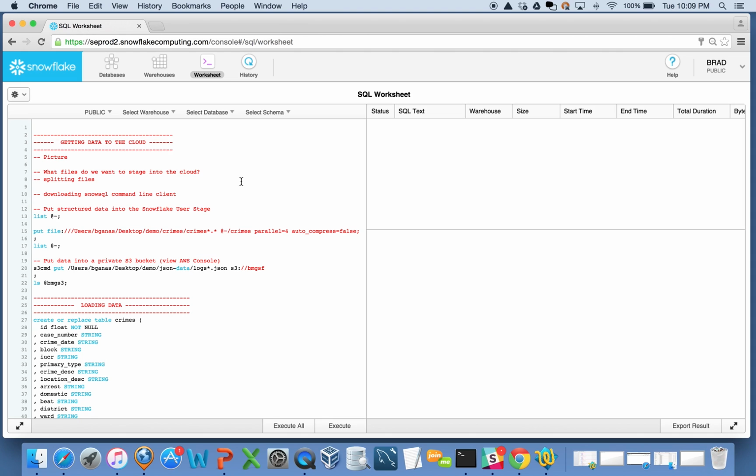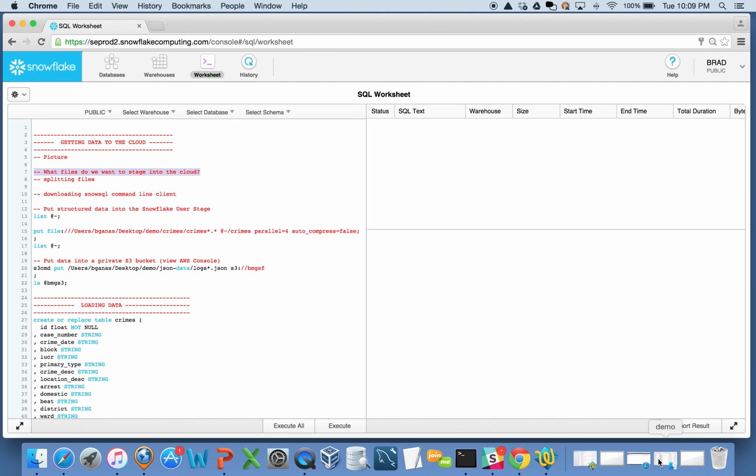So I'm in Snowflake. You've seen this environment from the other video that I did. I just brought up a little local script that I'm going to use to stage some data up there, and then subsequently load some data. So I started with the picture here to put it in context. But first, let's take a look at the files that we want to actually stage and move out to the